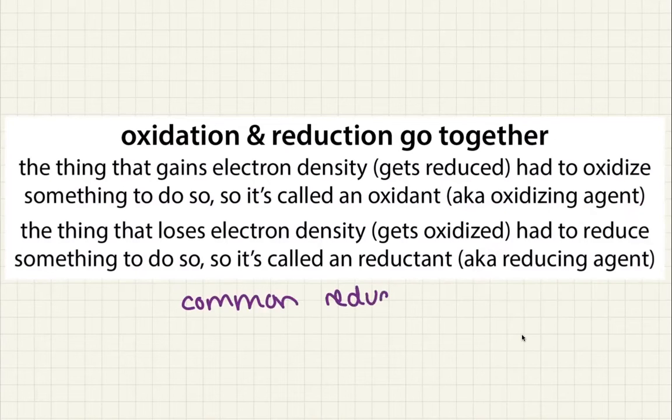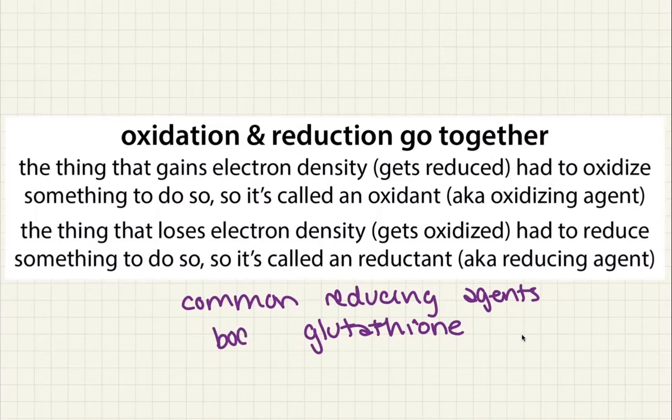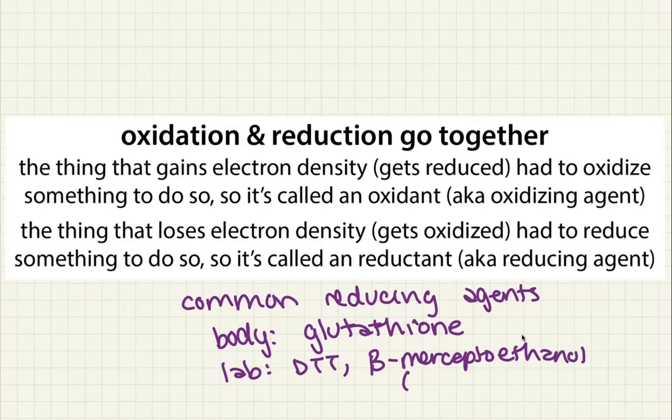and in your body, some of these. In our body, what we're going to see is glutathione a lot. This is going to use sulfur, and we'll look at a little bit about that and the oxidation states of sulfur later. And what we're also going to see in the lab, so that'd be body. In the lab, a couple of the things you're going to see are DTT, dithiothreitol, and beta-mercaptoethanol. So that's your BME. And you might see TCEP. So those are some of the common reducing agents that you'll see in the lab, as well as in your